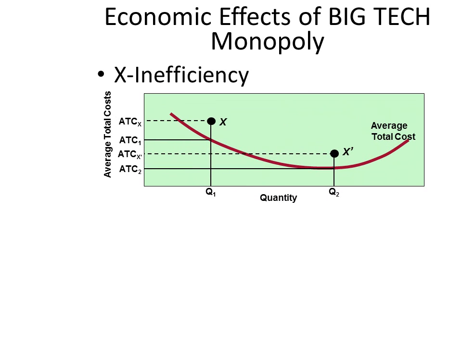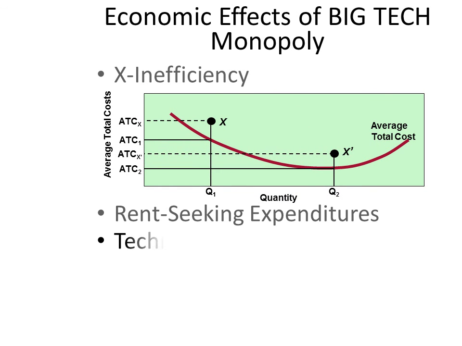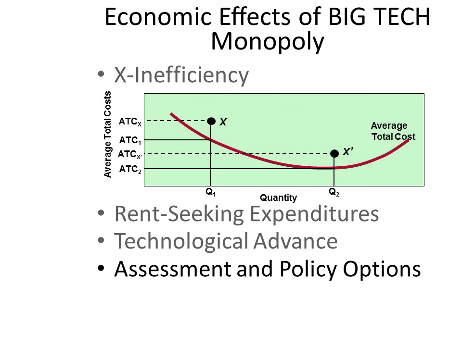Now that we understand the basics of efficiency, which occurs in a purely competitive situation, versus the outcome in an industry dominated by one firm, let's talk about why this occurs and possible solutions to the issue. What are we looking at on this graph? This is the long-run average total cost curve in an industry dominated by one firm.